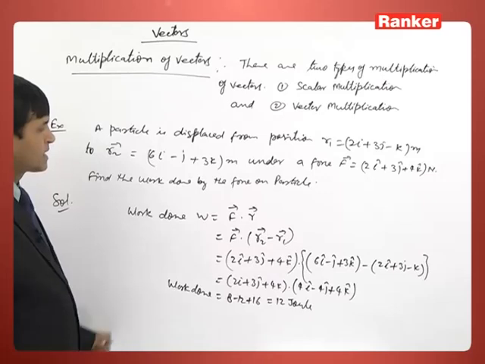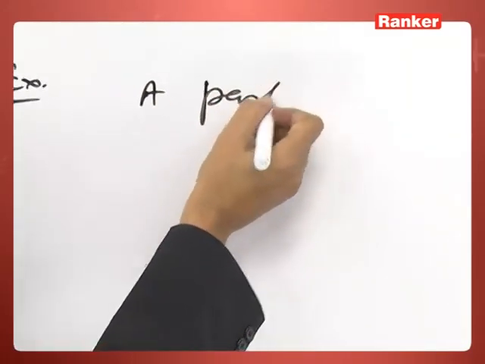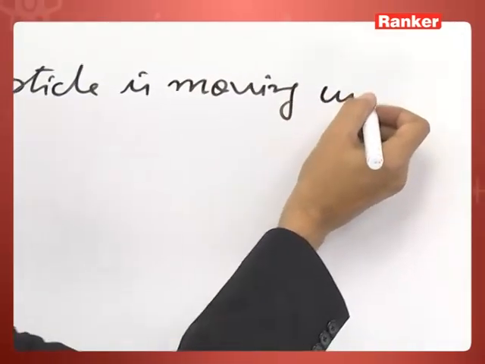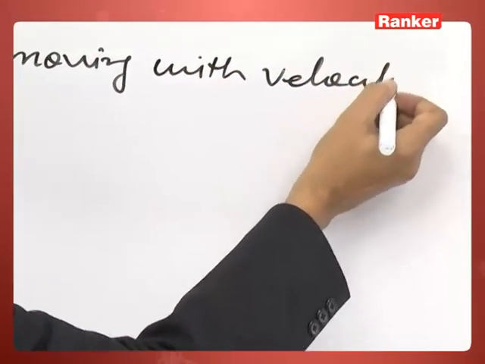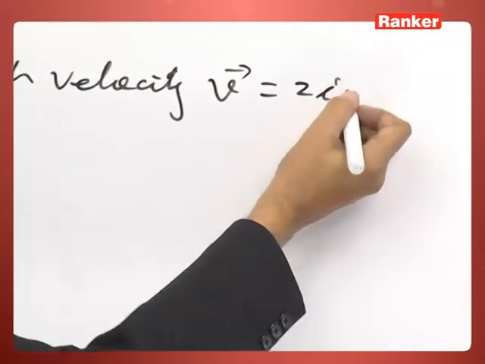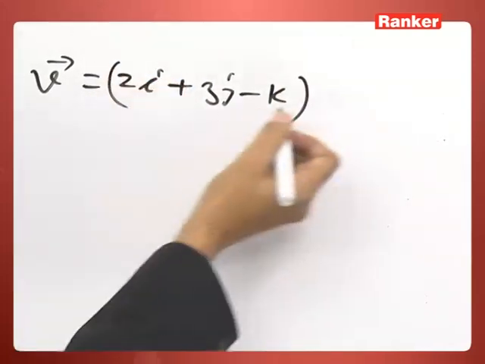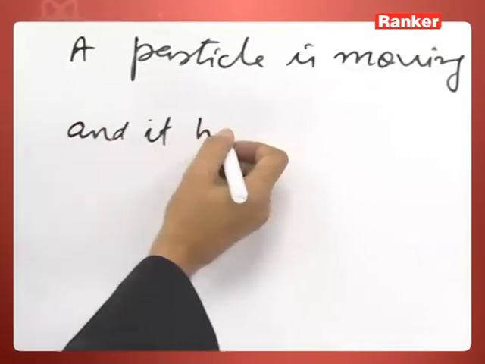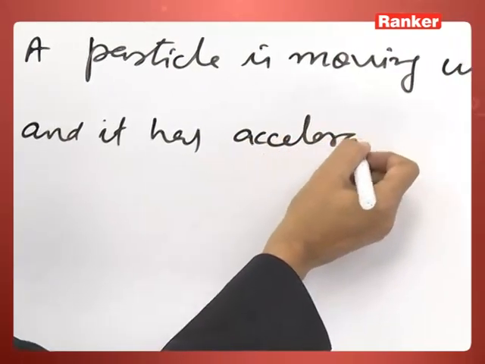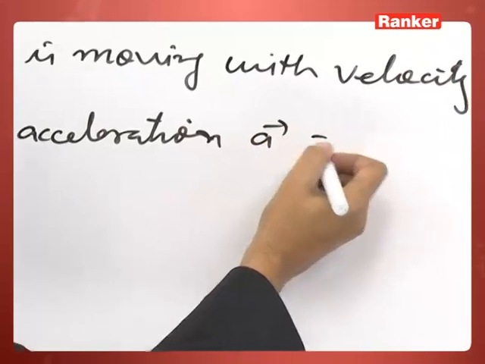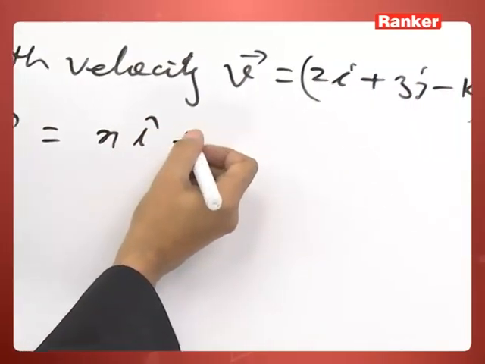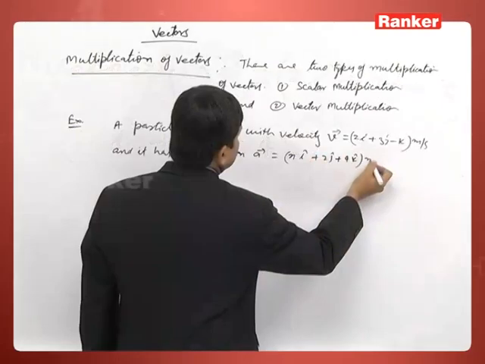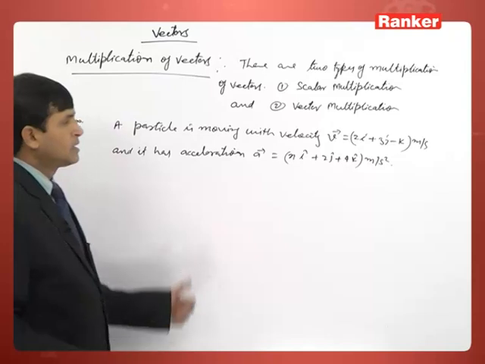Similarly, see another example. A particle is moving with velocity v is equal to 2i plus 3j minus k meter per second, and it has acceleration a is equal to x i cap plus 2j cap plus 4k cap meter per second square. Question is